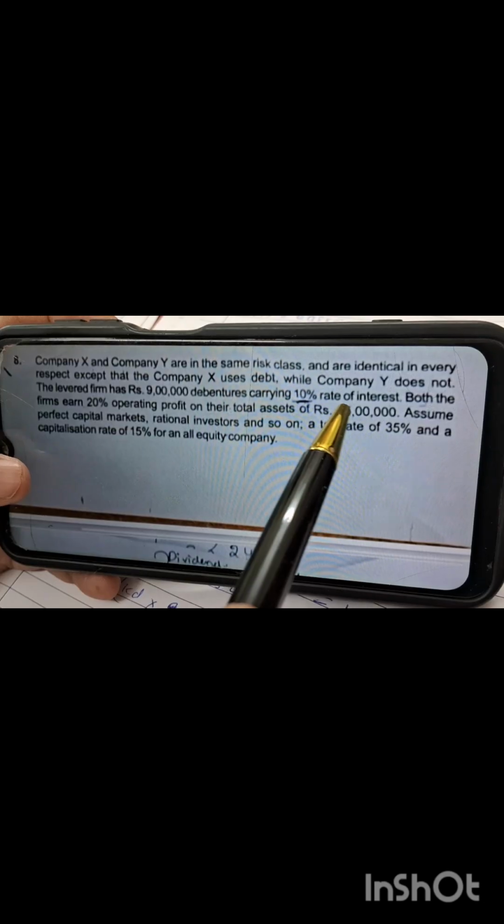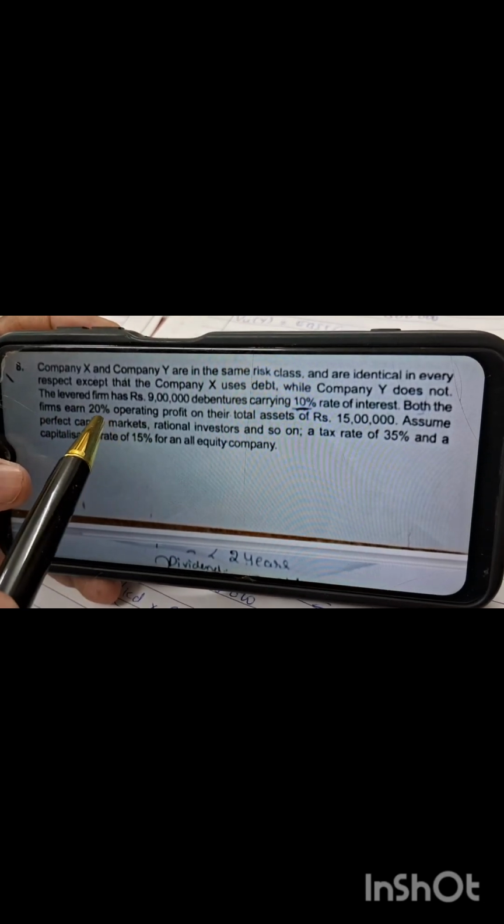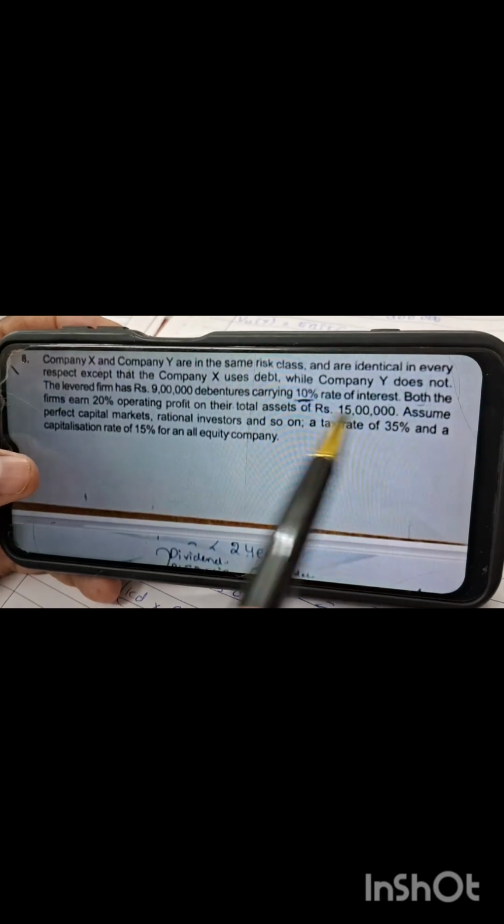debentures carrying a 10% rate of interest. Both the firms earn 20% operating profit on their total assets of rupees 15 lakh. Assume